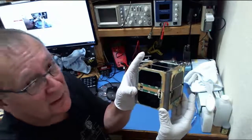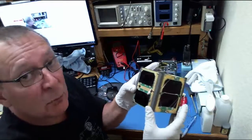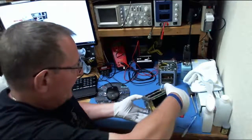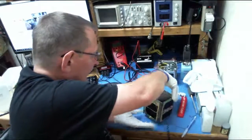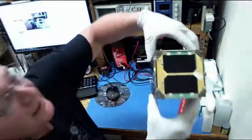That keeps everything cut off so that while we're working with it, while the launch provider is integrating it, they don't have to worry about anything accidentally turning off. In conjunction with that, and I'm going to flip it over here, on the minus Z side, we have